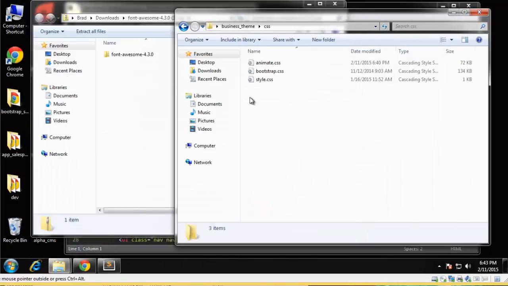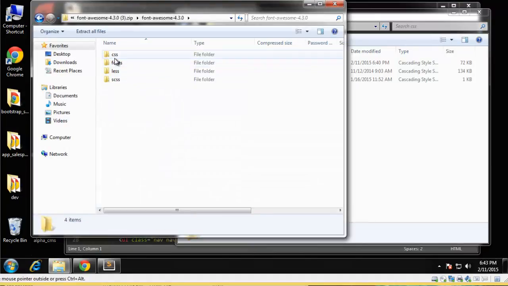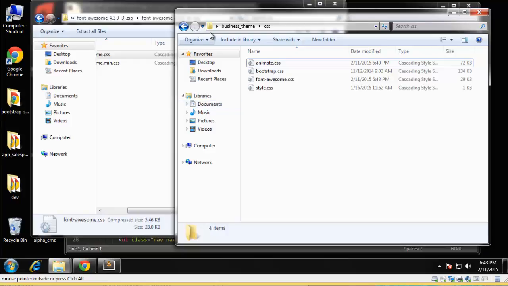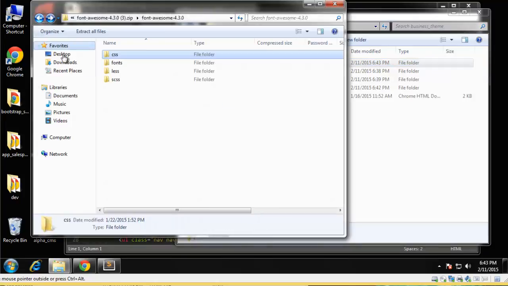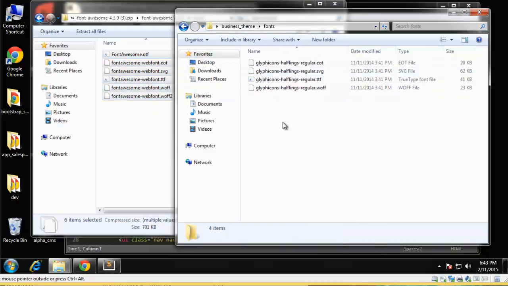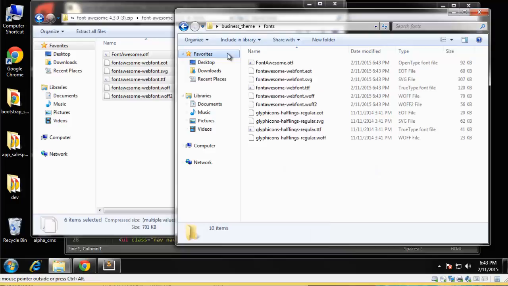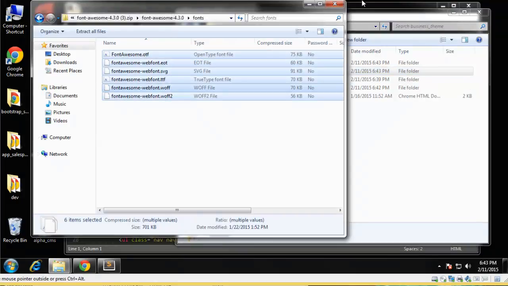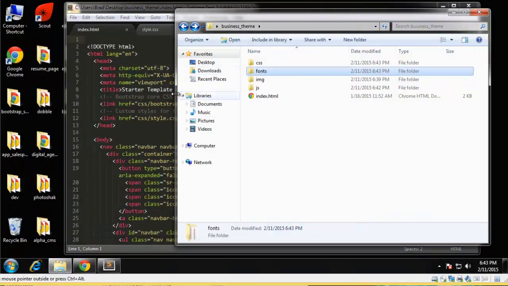Open it up, and we want to grab the CSS file and also the fonts. Paste those in. Alright, so now we have all of our third-party scripts in our folder, so we just need